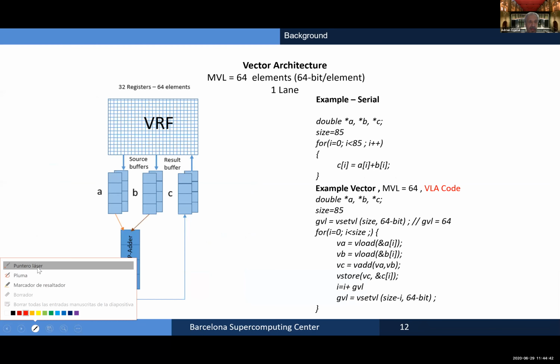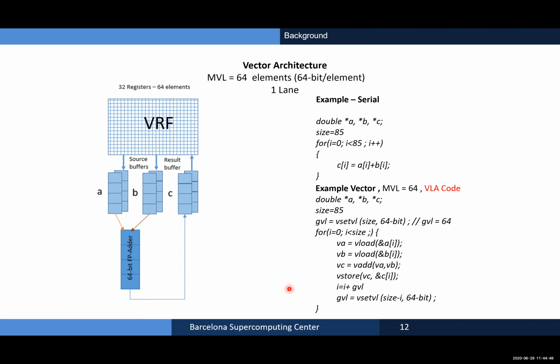Okay, so I think this is, let's say, in the most basic, classic vector architecture type, with the vector register file and the one lane. It's sort of a classic style, a la Cray.